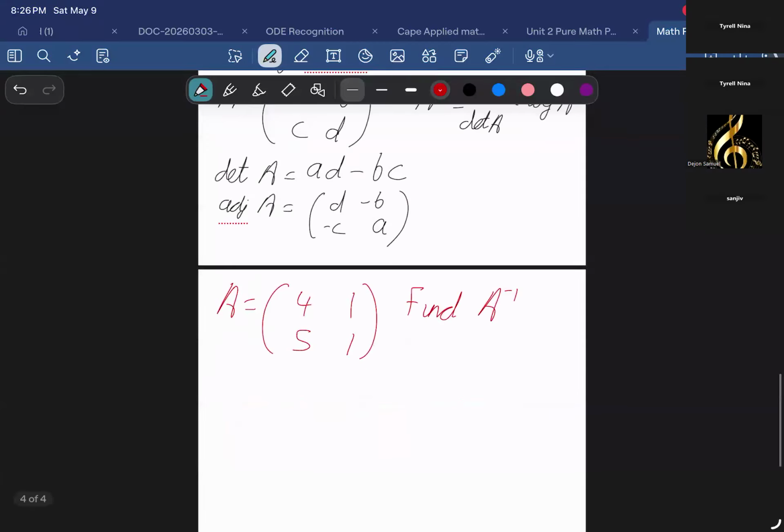All right, so let's do determinant A is equal to 4 by 1 minus 1 by 5, which is 4 minus 5, minus 1. Adjoint A is